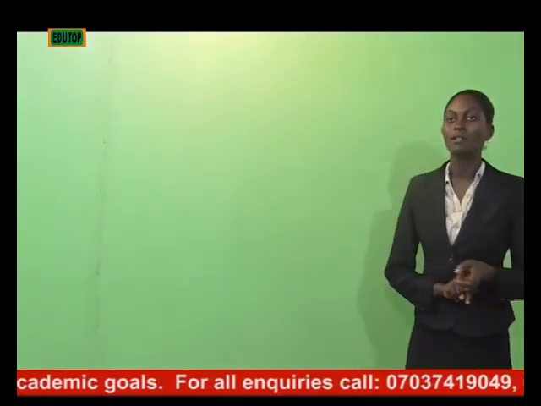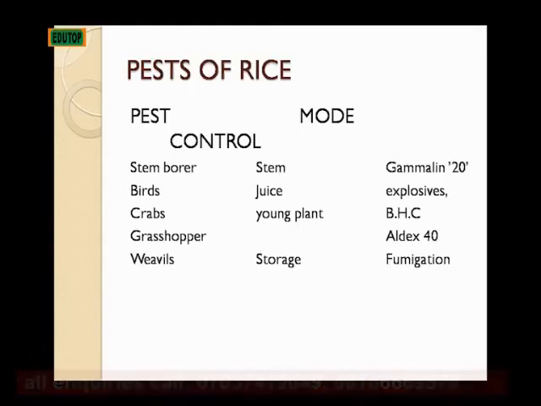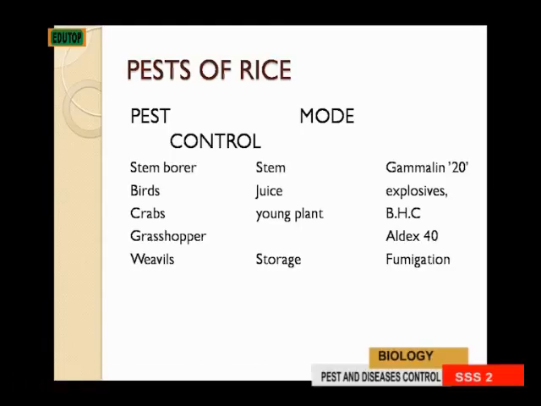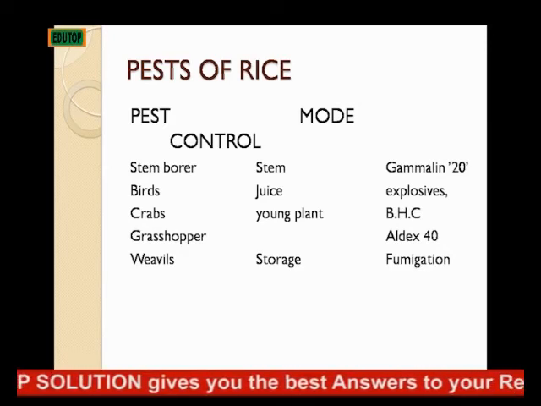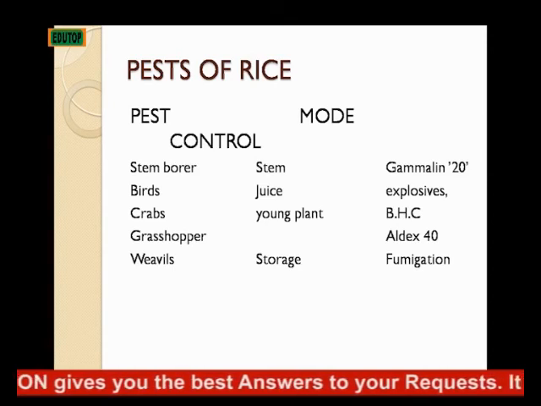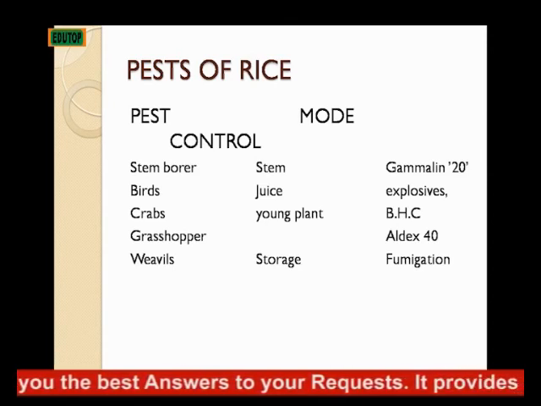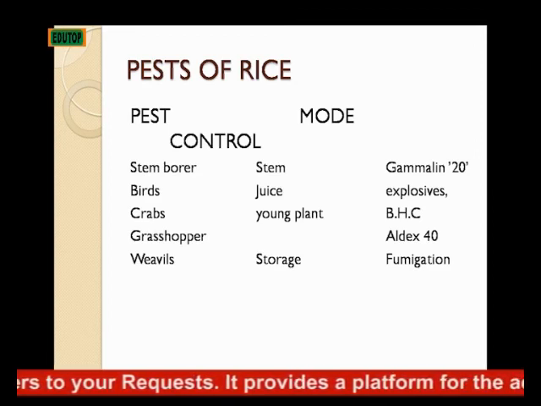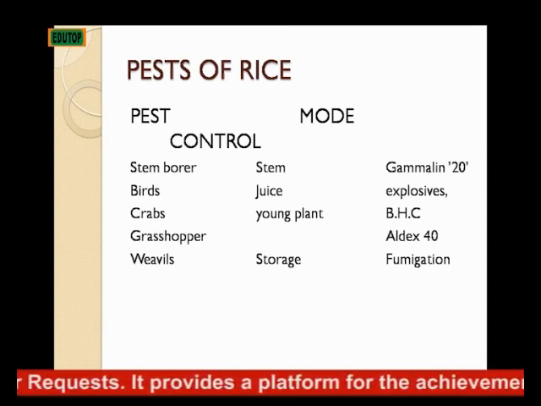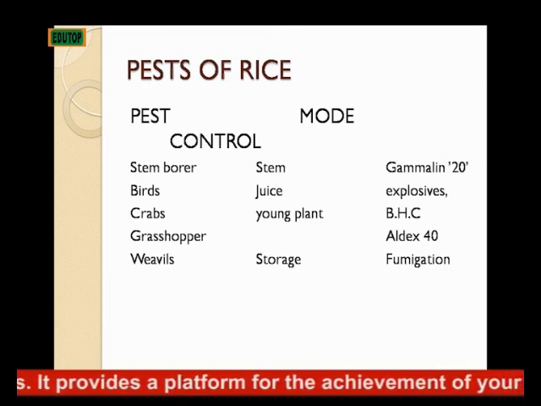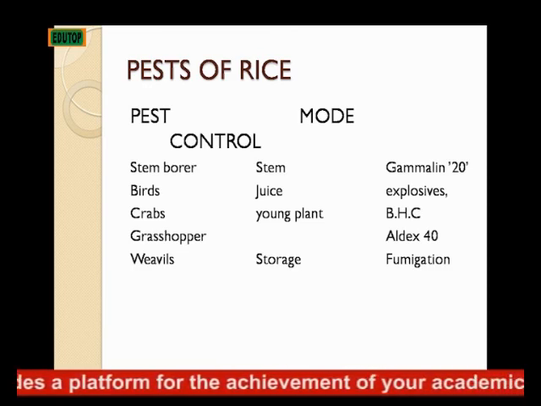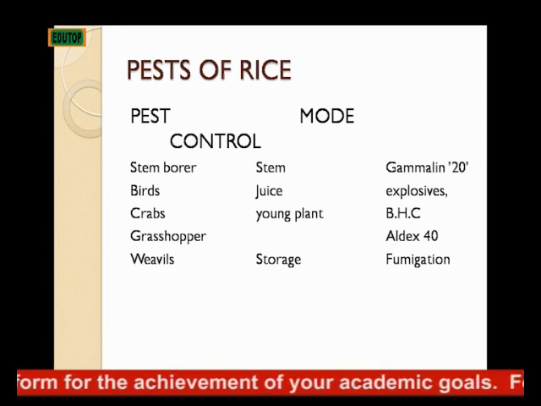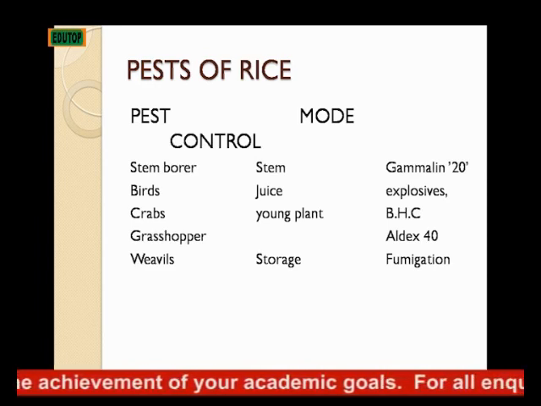Then we will now be talking about the pests of some certain crops. The first is the pests of rice. The pests of rice include stem borers, which feed on the stem, and you can control them by applying Gamalin 20. Another pest of rice is the bird. Birds feed on the juice of plants. Then you can control them by using explosive. Then crab is another pest of rice. It feeds on the young plants. You can use BHC. Grasshopper